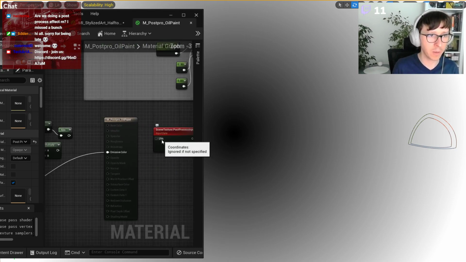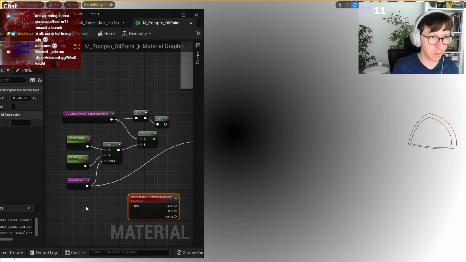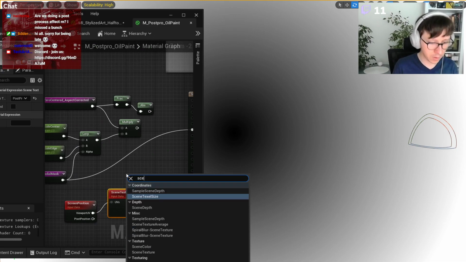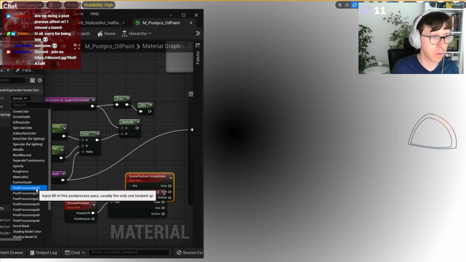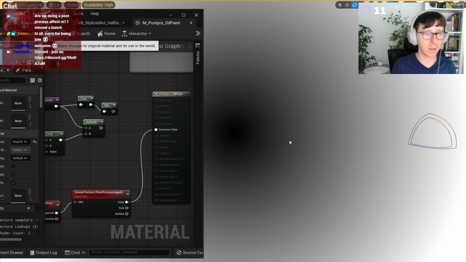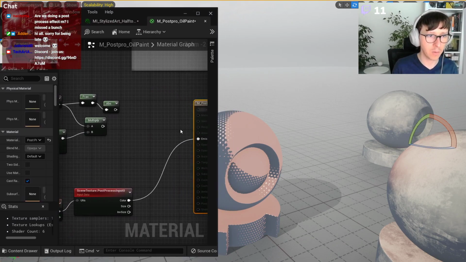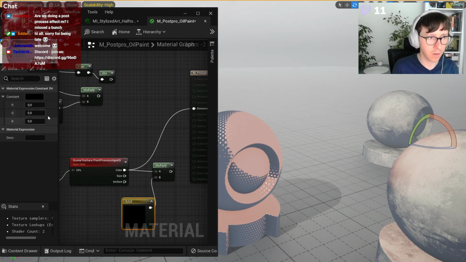So typically we have the post-process input. We have standard UVs, so screen position. Post-process input 0: you get it by adding scene texture and selecting post-process input 0. And put the color into emissive, and here is your scene. Standard scene, without anything. If you, of course, multiply it by some color, right, you will have